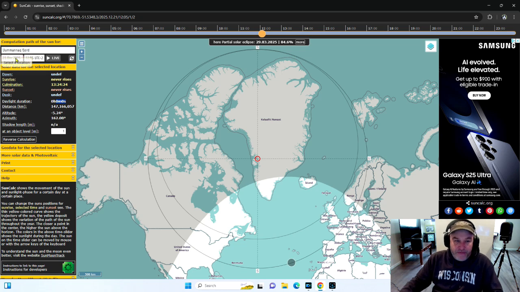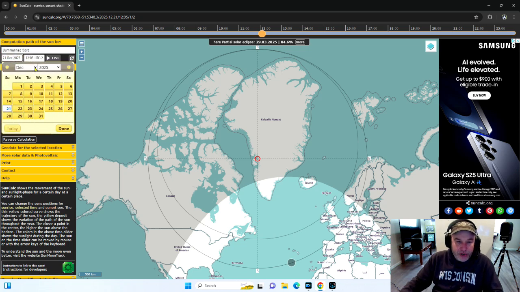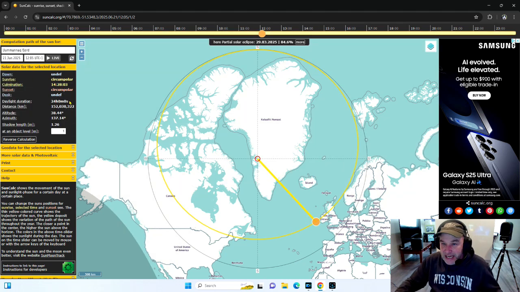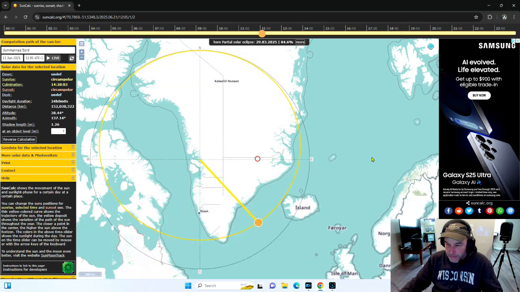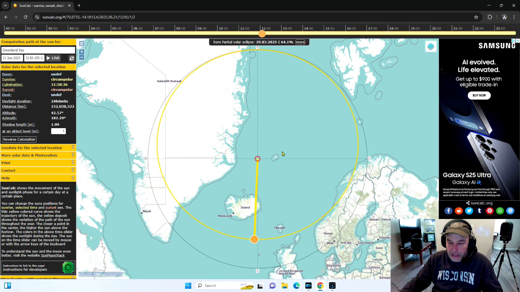Really neat, though. But if we flip this, and I'll end on this, go to June 21st, what's it look like? It's the exact opposite. So let's go to 12 noon. We're not near the equator. I could move this over if we want a little bit and get closer. We're just north of Iceland now a little bit. So now at 12 noon on June 21st, and about that same location, just a little bit farther to the east,